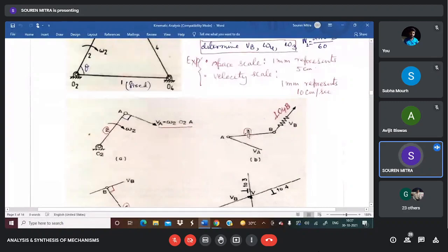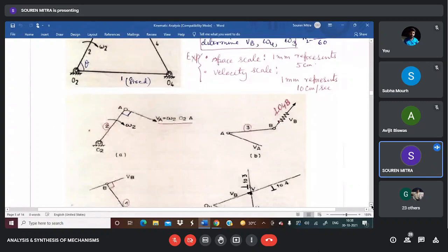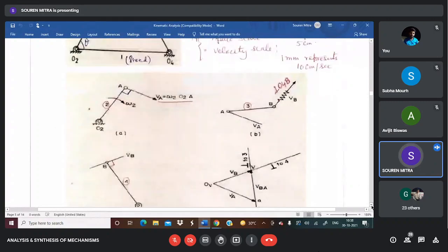Now at A, the velocity is totally known: this is the direction, same magnitude. But at point B, we do not know the magnitude, and neither do we know the direction if we consider only link 3. But if we next take up the third moving link, that is link number 4,